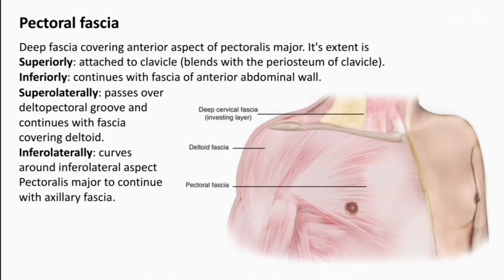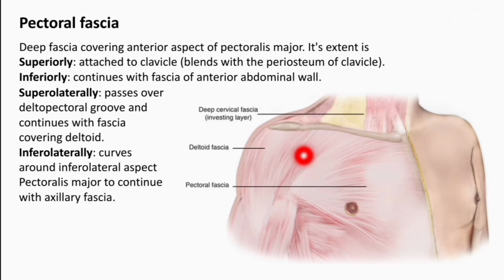Now let's see the deep fascia of the pectoral region. First, the pectoral fascia, which is the deep fascia present on the anterior aspect of the pectoralis major. Coming to its extent, superiorly it will be attached to the clavicle, blending with the periosteum of clavicle, and inferiorly it will be continuous with the fascia of the anterior abdominal wall, and medially it will be attached to the sternum,